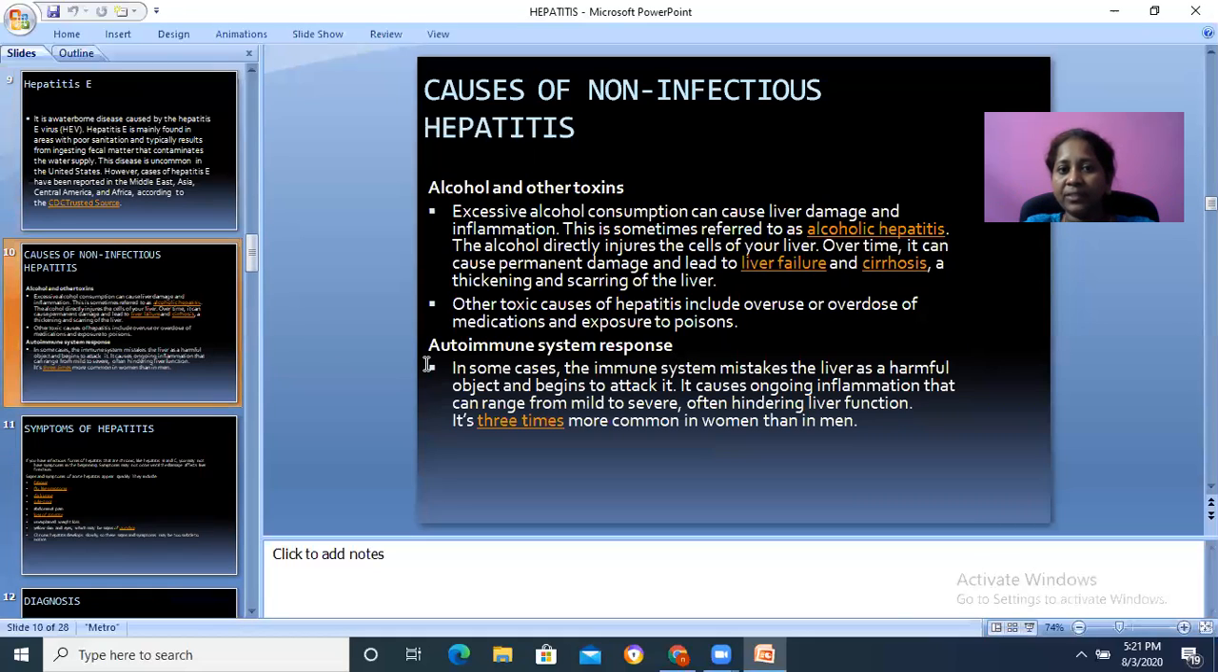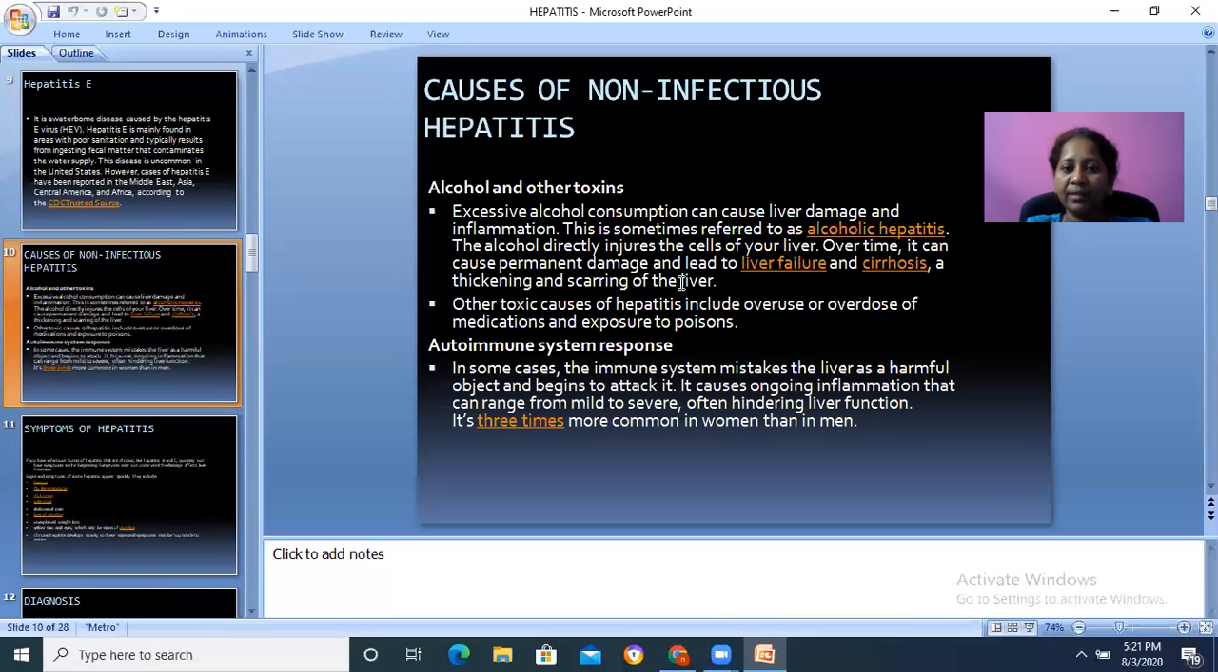Causes of non-infectious hepatitis: alcohol and other toxins. Excessive alcohol consumption can cause liver damage and inflammation. This is sometimes referred to as alcoholic hepatitis. The alcohol directly injures the cells of the liver. Over time, it can cause permanent damage and lead to liver failure and liver cirrhosis, a thickening and scarring of